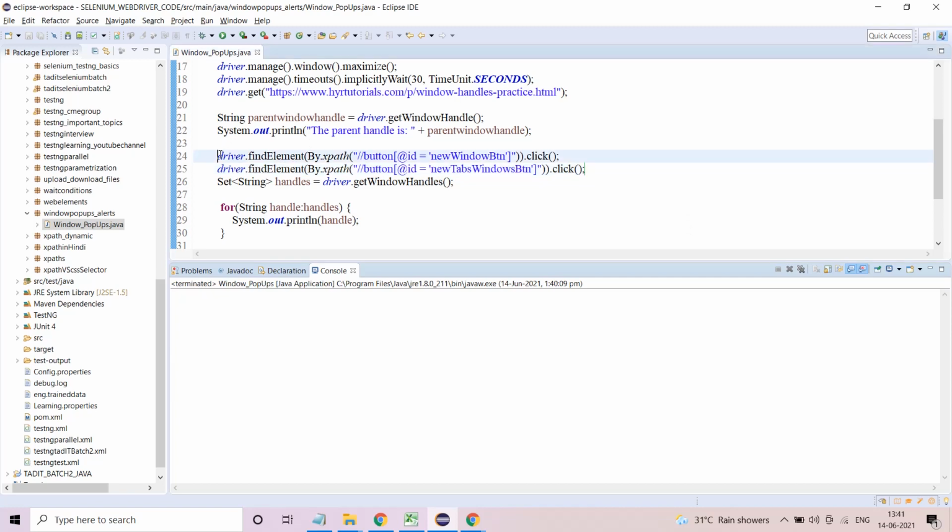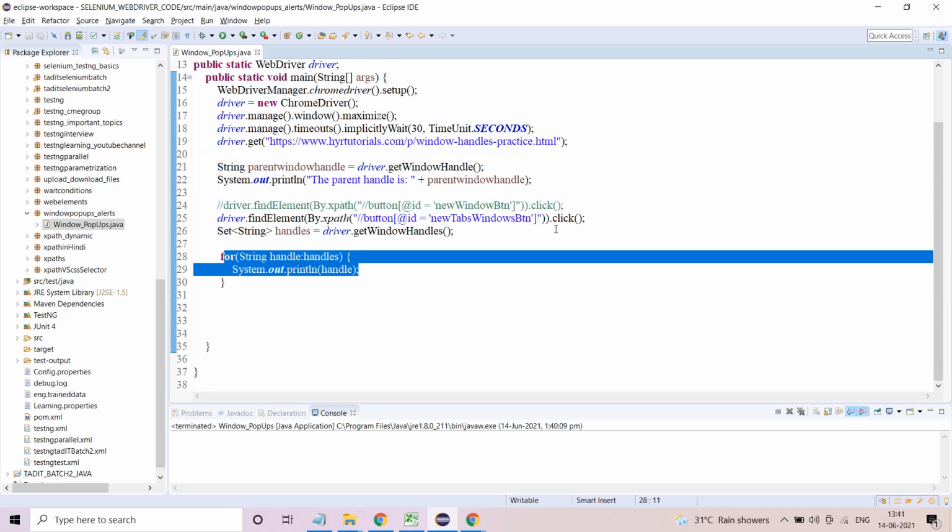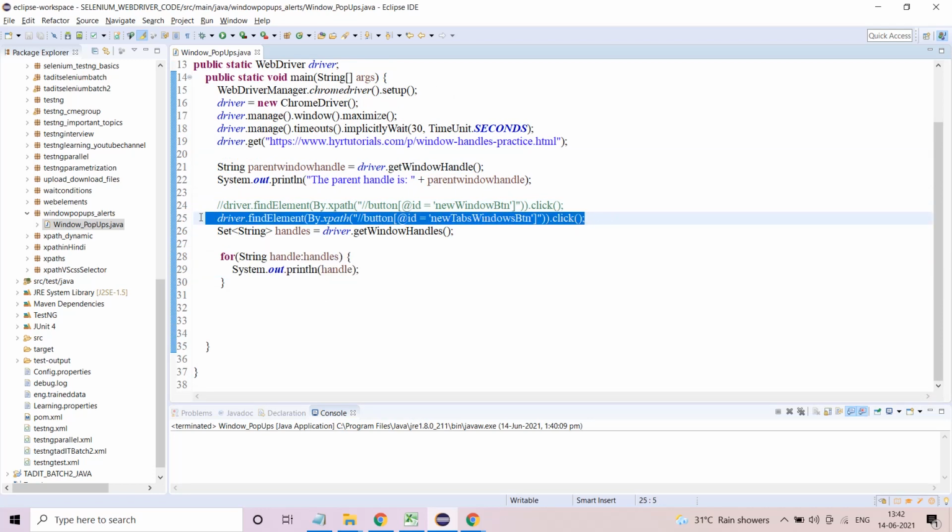So I will comment this one. So you will see five things will come: two tabs, two windows, as well as the parent window. So let me run this.